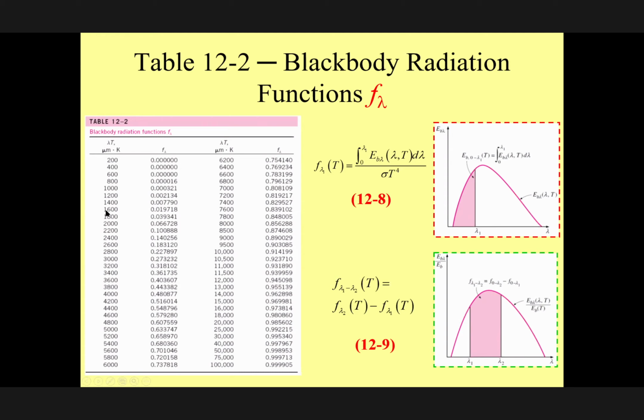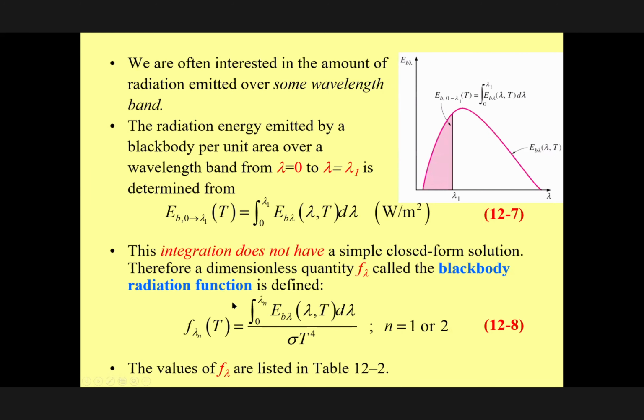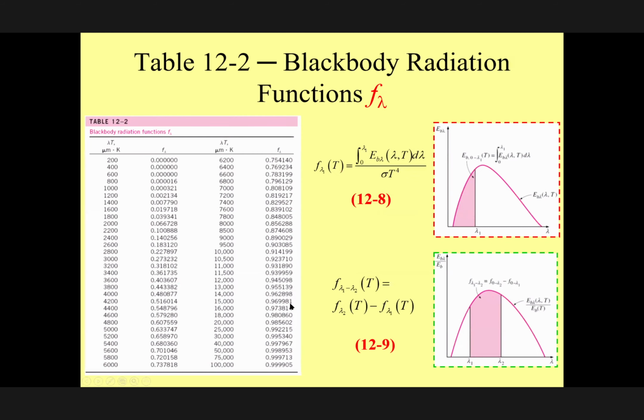Again, if wavelength times temperature is around 1600, you can see it's less than 0.1% of energy. Therefore, this is the fraction of energy: the energy emitted between 0 and lambda, divided by the total energy. If you go back and look at here, for example, between lambda times T of 200 and 100,000, you can see it's almost